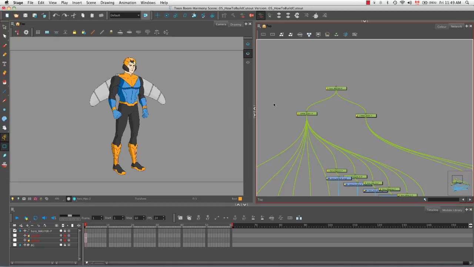So I'm going to show you how to animate a cutout character in a different video tutorial. So for now, that's it for the tutorial how to build a cutout character. Stay tuned for the next tutorial,